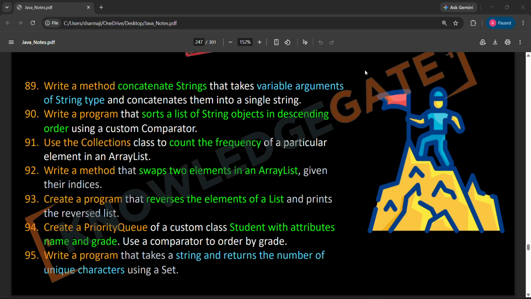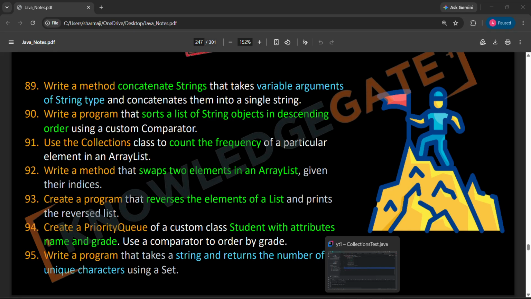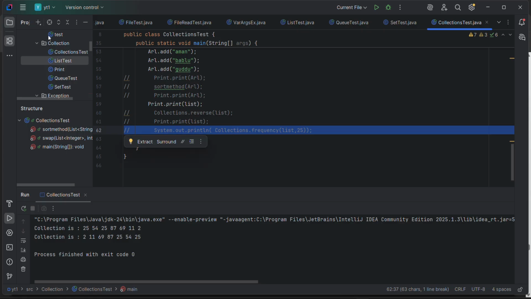This video will create a priority queue of a custom class Student with attributes name and grade. Use a comparator to order by grade. Then, first of all, we will open this and create a